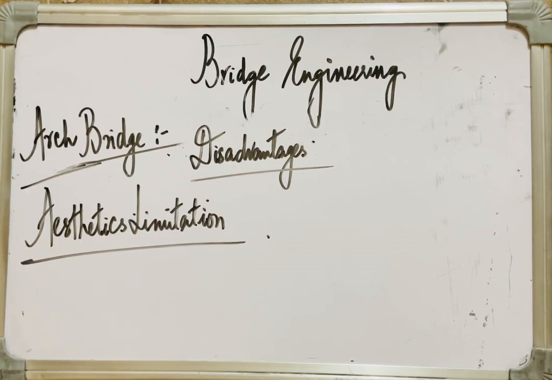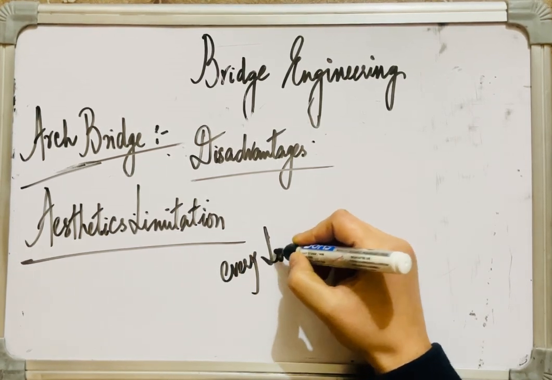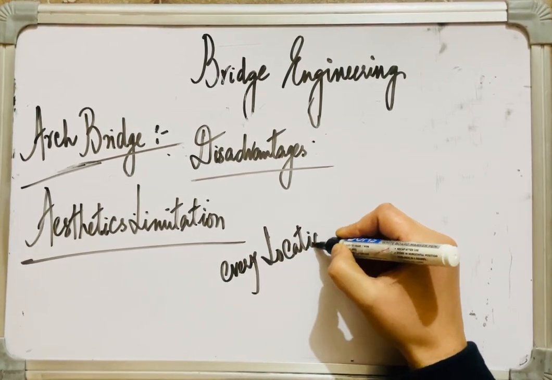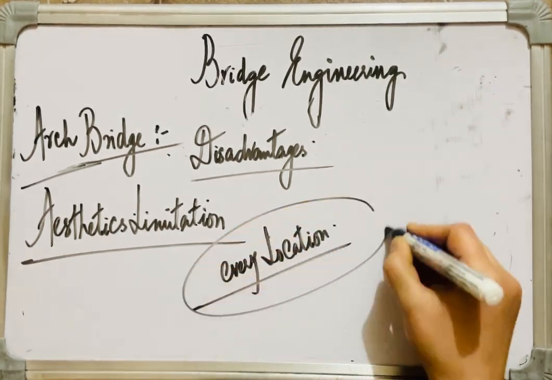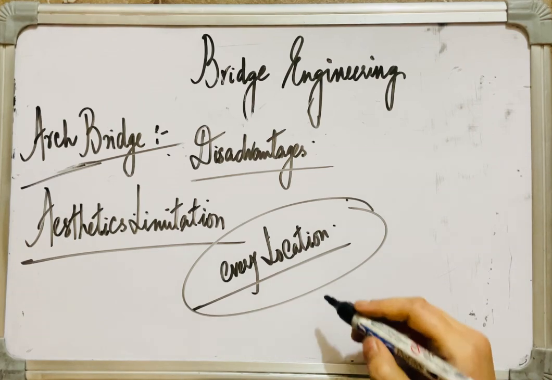While they are quite beautiful, they have a very classic and enduring design, but this curve of an arch may not suit every location. Thus, in highly urban or highly modernized settings where different bridge designs are preferred, we cannot prefer arch bridges over there. All right,